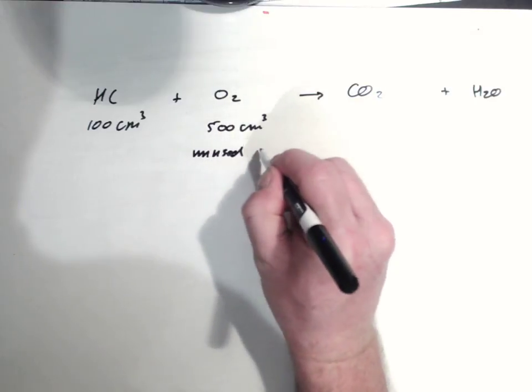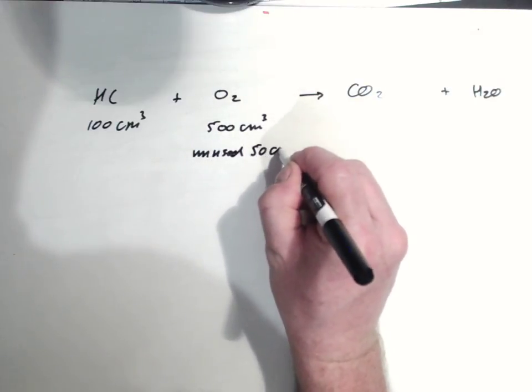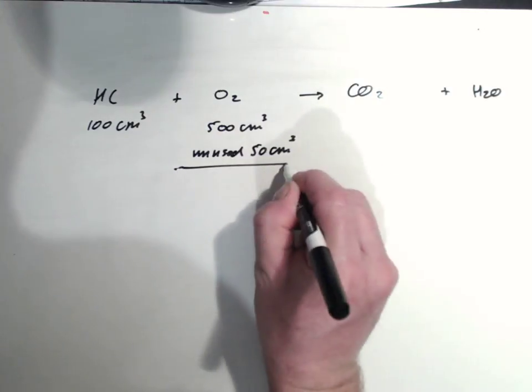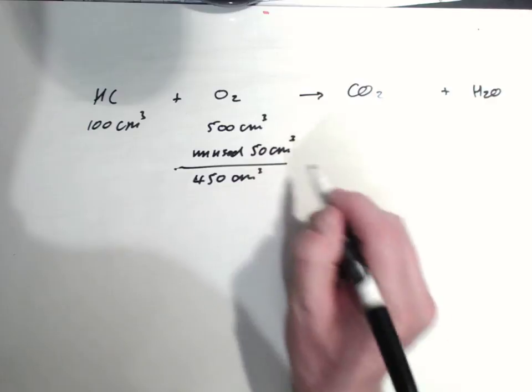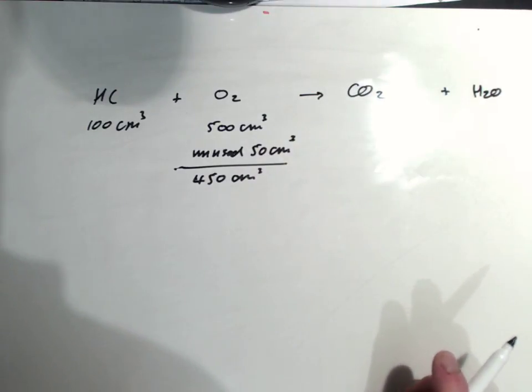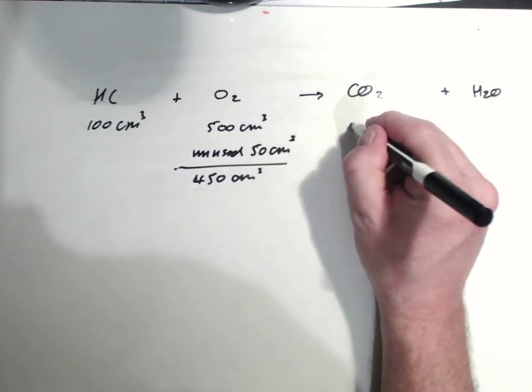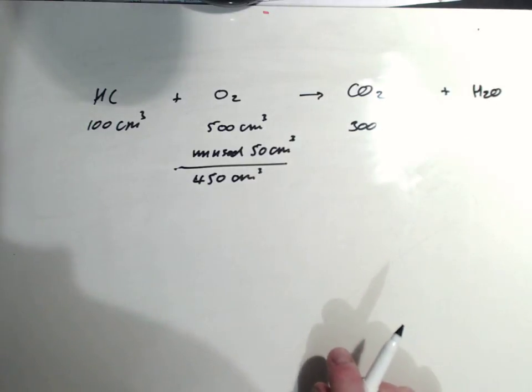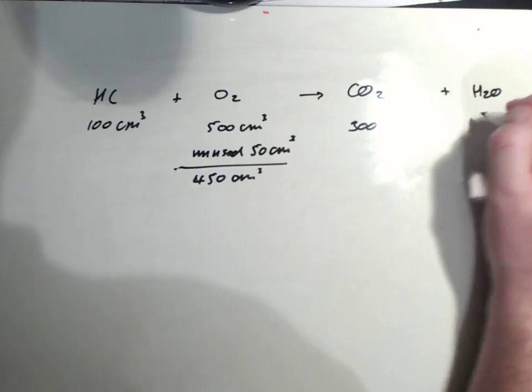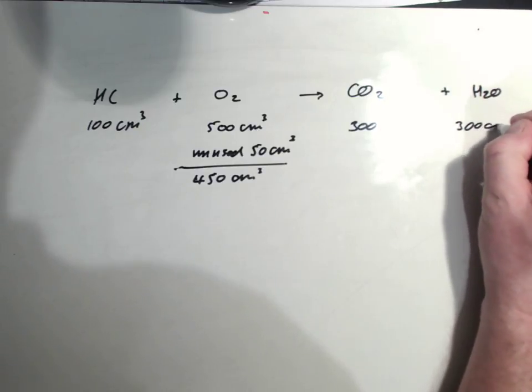As always, I'll write in all the info that the examiner tells me. Now I can very quickly tell that therefore 450 cubic centimeters of that was indeed used. The examiner then tells me that 300 cubic centimeters of carbon dioxide was made, and 300 cubic centimeters